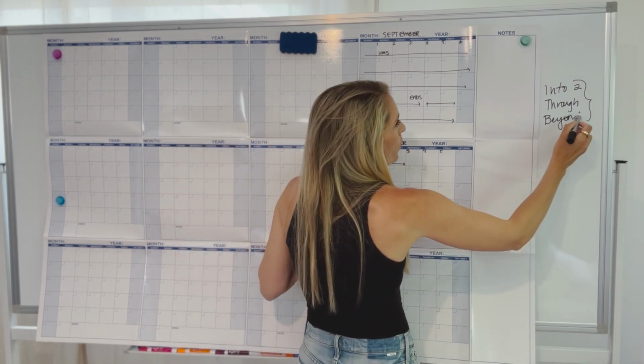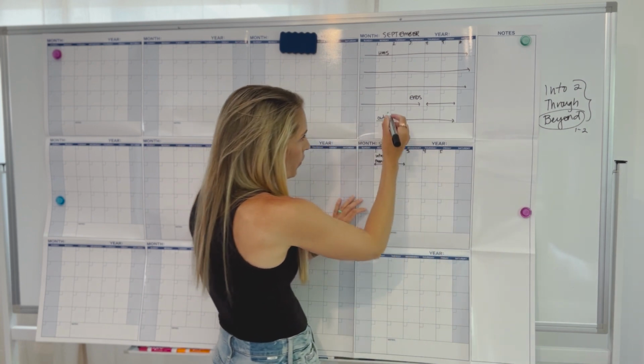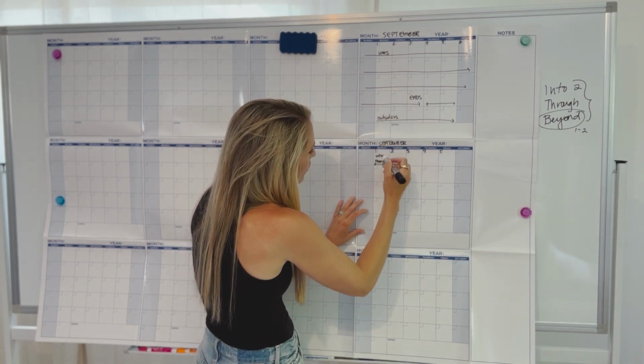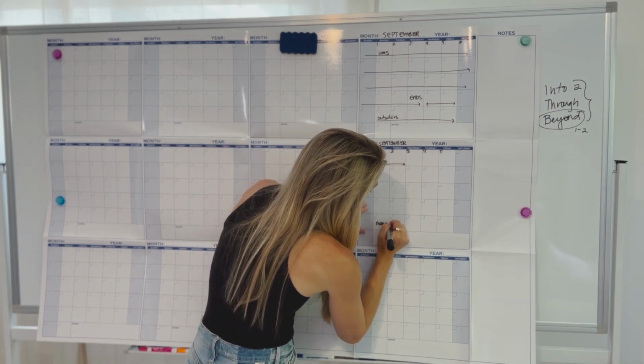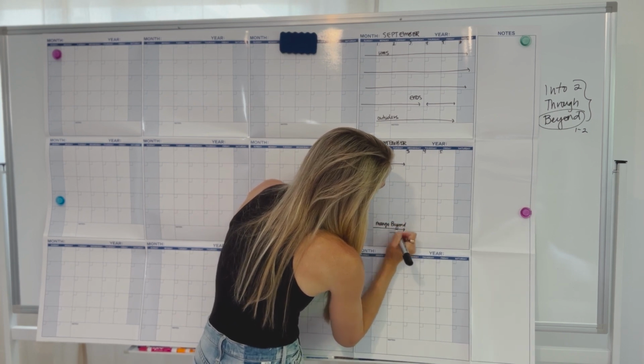Then I also know that the beyond is going to take me about 1 to 2 days as well. And I'm going to put those down here as 1, 2, 3, 4, 5, 1, 2, 3, 4. These are my Mango Street beyond days. So this might be where I'm doing, oh,